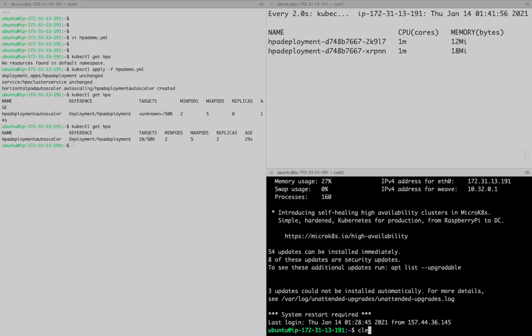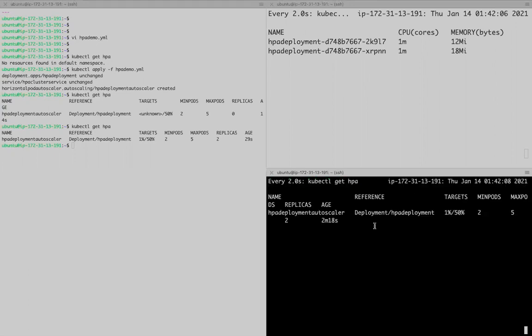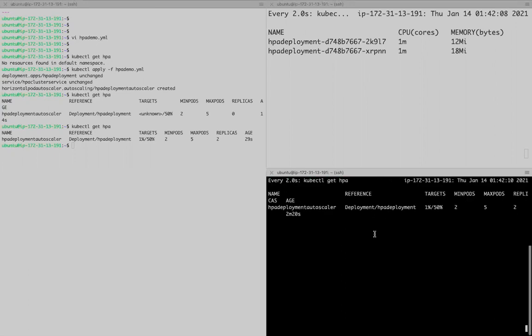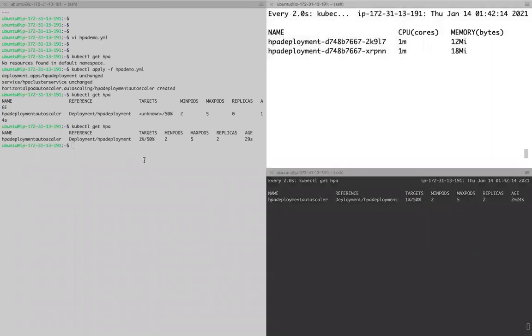Here I will watch that. Watch kubectl get HPA. You see as of now only 1%, currently 2 replicas because there is no load.